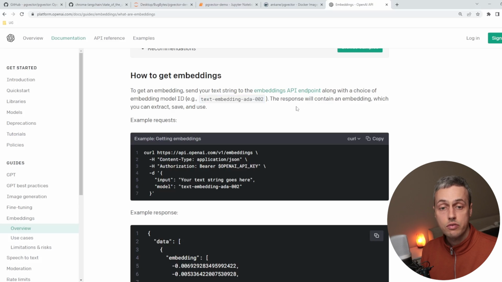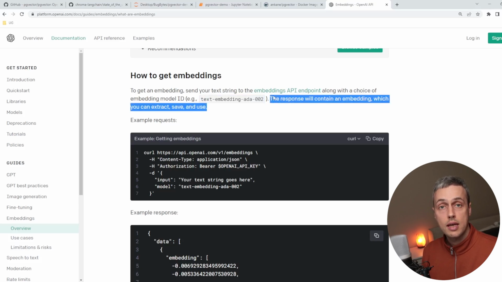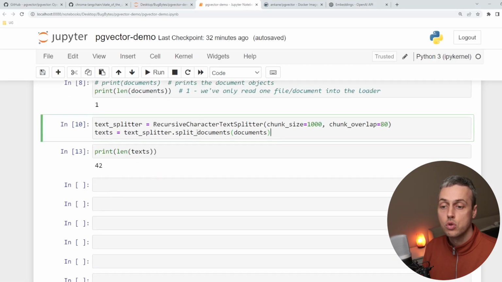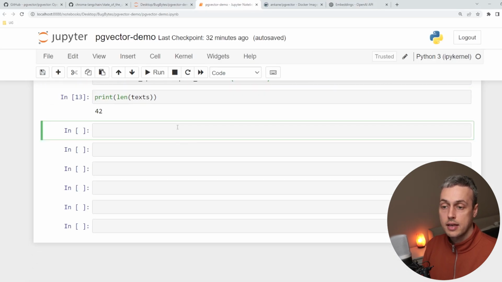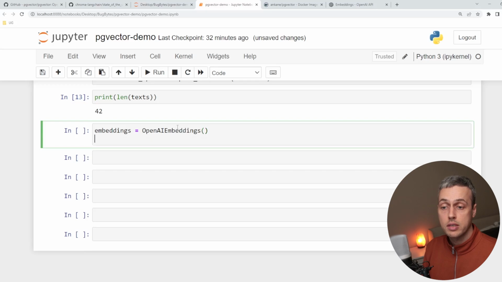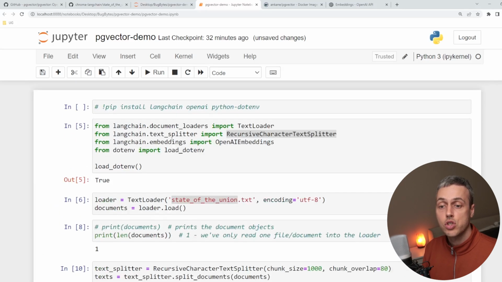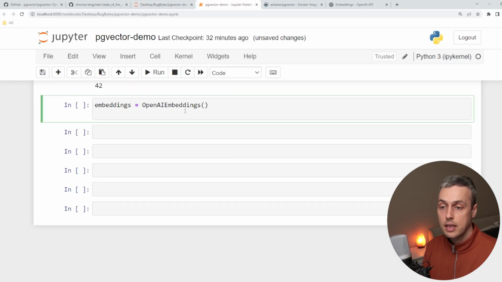The response that we get from that will contain an embedding, which we can then save to PGVector. So let's get started in doing this. We're going to go back to the notebook and scroll down. Let's create an embeddings object here by instantiating that OpenAI embeddings object that we imported at the top, from the Langchain.embeddings module. Let's now instantiate it, and then we're going to test its usage by getting a vector back